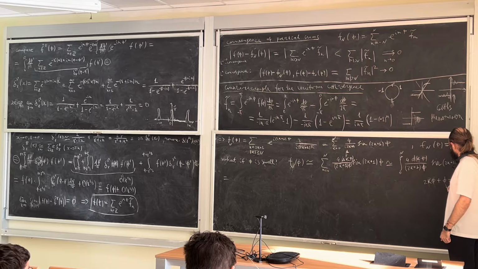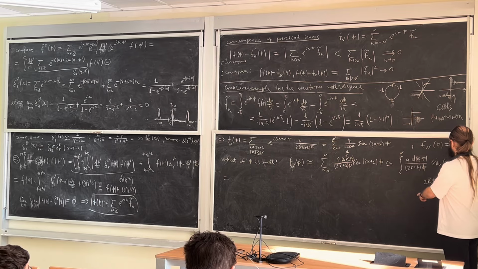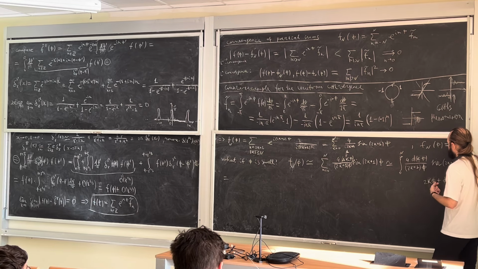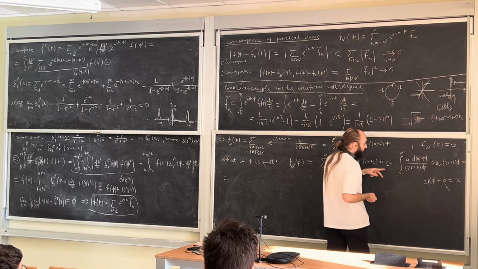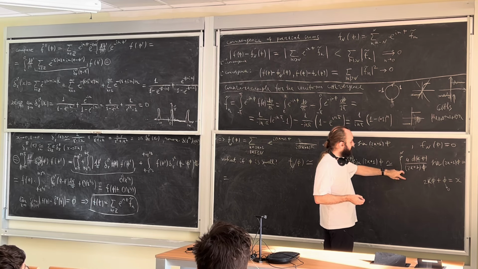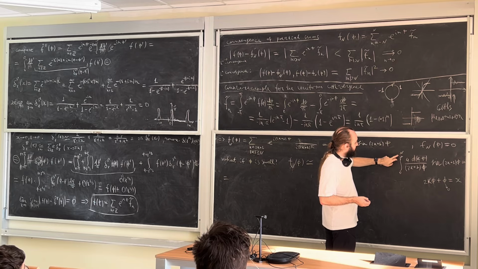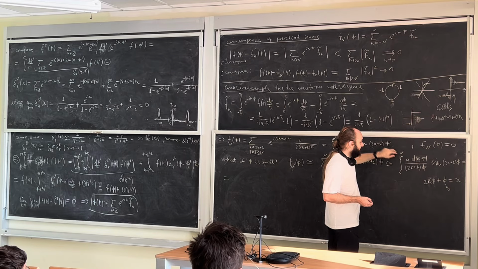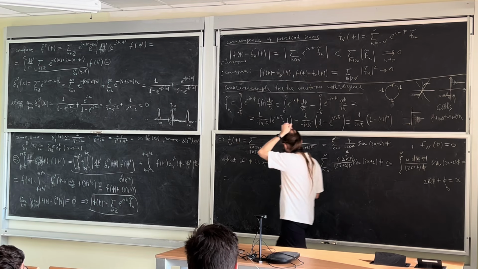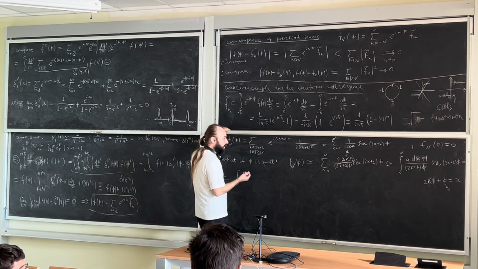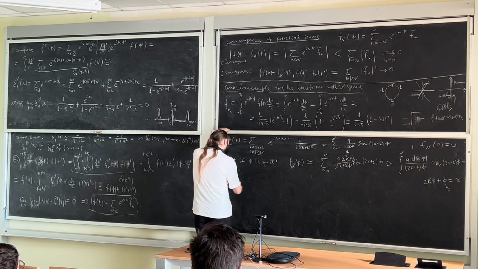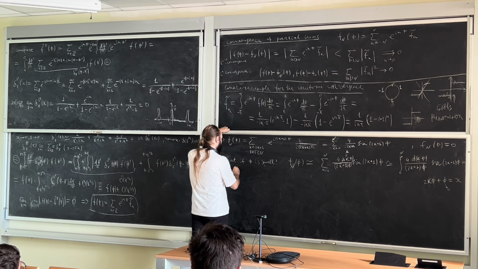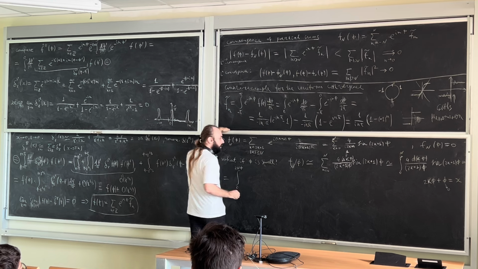Well, phi goes to 0, and we can approximate it like this. And the upper limit of integration in this new variable will equal 2n times phi. So there will be an integral from 0 to 2n times phi of